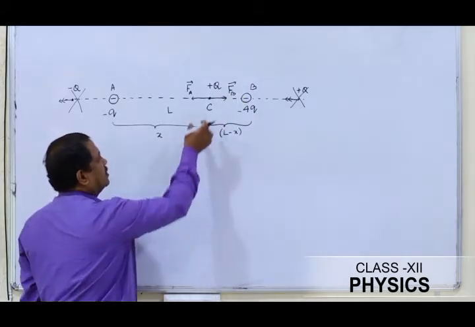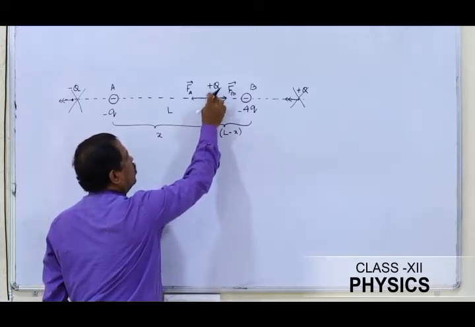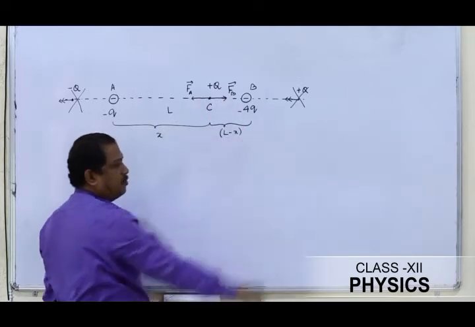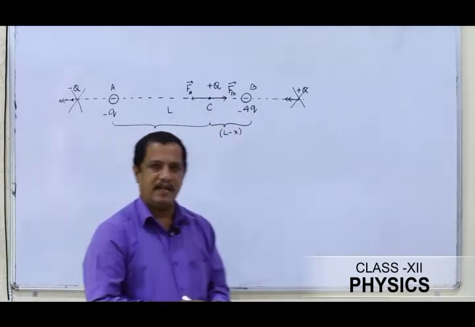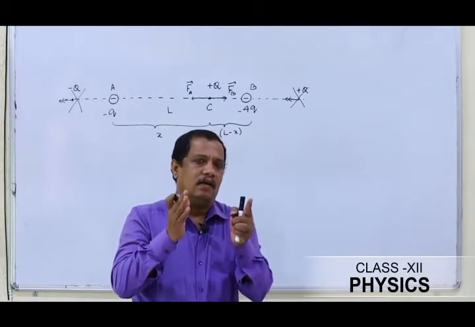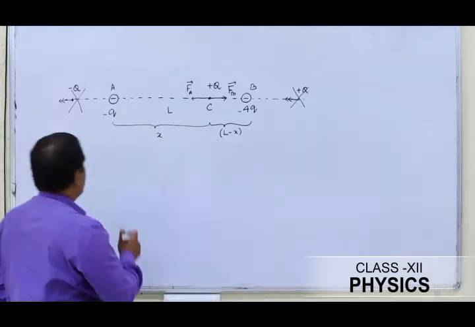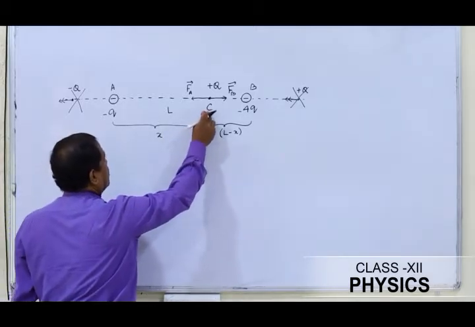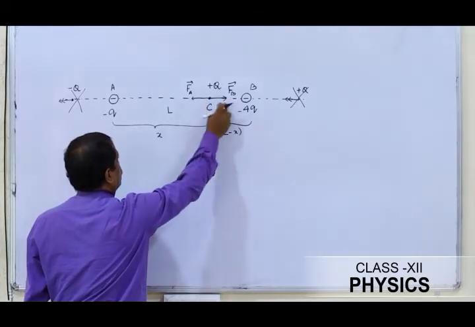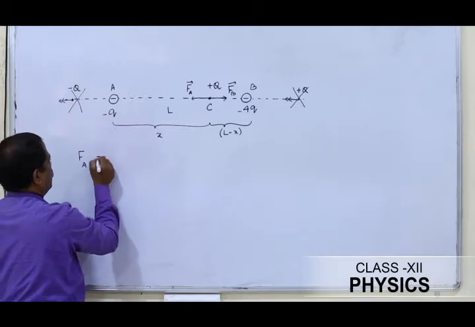So we assume C to be at equilibrium, so therefore the net force on this charge Q will be 0. As such, FA and FB must be equal in magnitude and opposite in direction. So one thing we know is that the magnitudes of the two forces FA and FB will be equal. So for the charge at point C to be in equilibrium, the magnitudes of the two forces must be equal. So let me put it this way, FA is equal to FB.